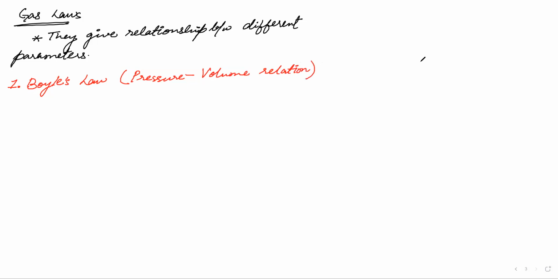Okay, now I have a question. If I say pressure of a gas, what do you understand, Abir? That gas is exerting a pressure. Very good. So for example, if I have a gas and this is a piston, and if I shrink its volume, then what will happen? Pressure will increase or decrease? Pressure will increase. That means by decreasing the volume, we are increasing the pressure.